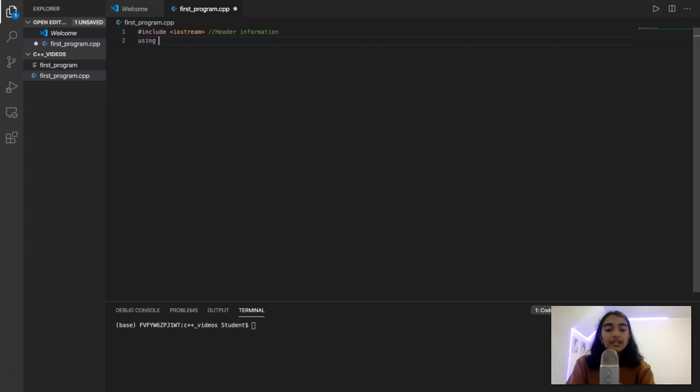The next line you're going to need is using namespace std. Don't worry about that. Again, one thing you're going to need to know is that you're going to need to write all of your real code and real programs in this main function. This is going to be the return type, then main, and then let's just print something out to the screen. Let's do the traditional Hello World program